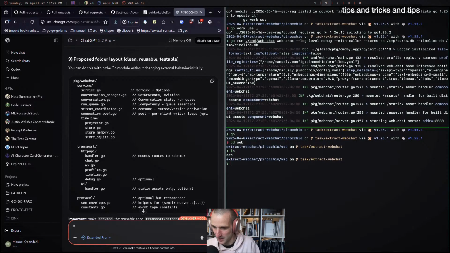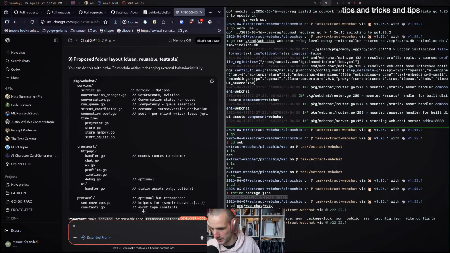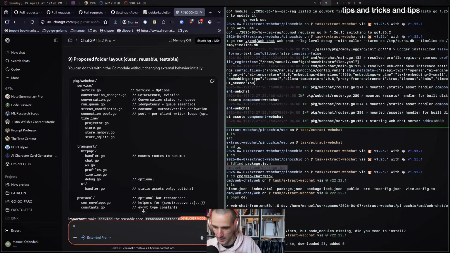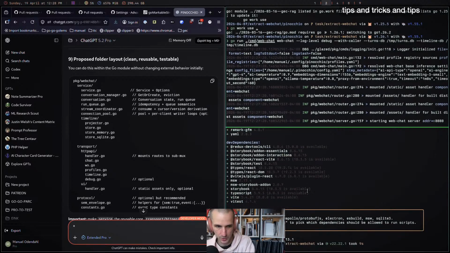But let me just see if I can. Where's my package JSON? It's in here. Let me just show you what it can do right now. It records all the interaction with the LLM to disk as well. It's also a distributed event system. So I could be running this on one computer and listen to it on a ton of different end nodes. When I do this command line terminal UI that I just showed you, it's actually going through Redis, or it could be going through Redis.